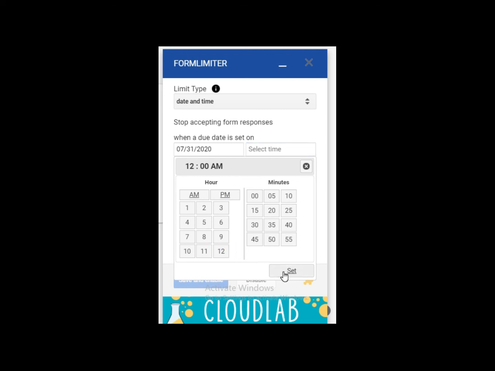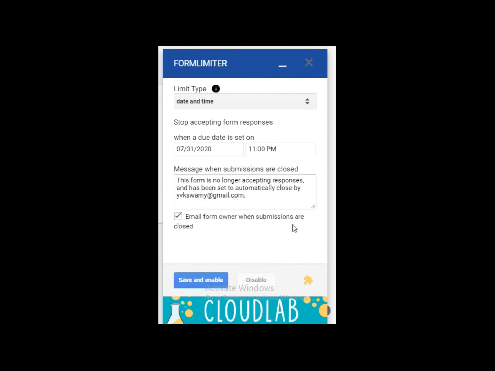So once you set the timings for this examination, then come to number of responses you would like to accept to this form. Now let us learn how to set limit on receiving responses also. So click again limit type, and here you can see number of responses. You can set limit and you can add 10 or 20 depending upon the number of students who are going to attend your online exam.